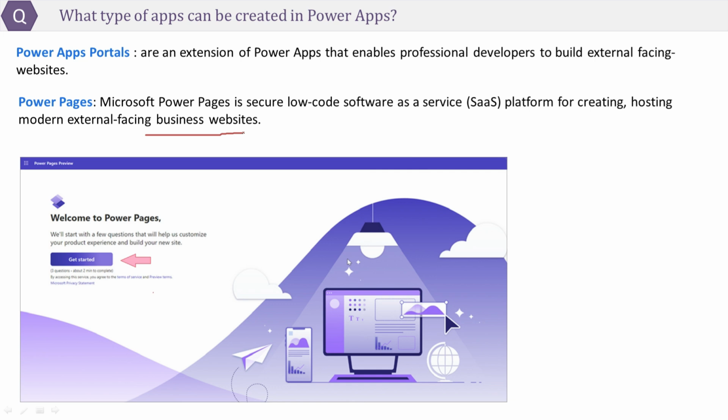These websites work across web browsers and devices. Here is a snapshot of building Power Pages. As you can see, both Power Portals and Power Pages provide features to build external-facing websites. So then what is the difference between these two? Let's discuss that in our next question.